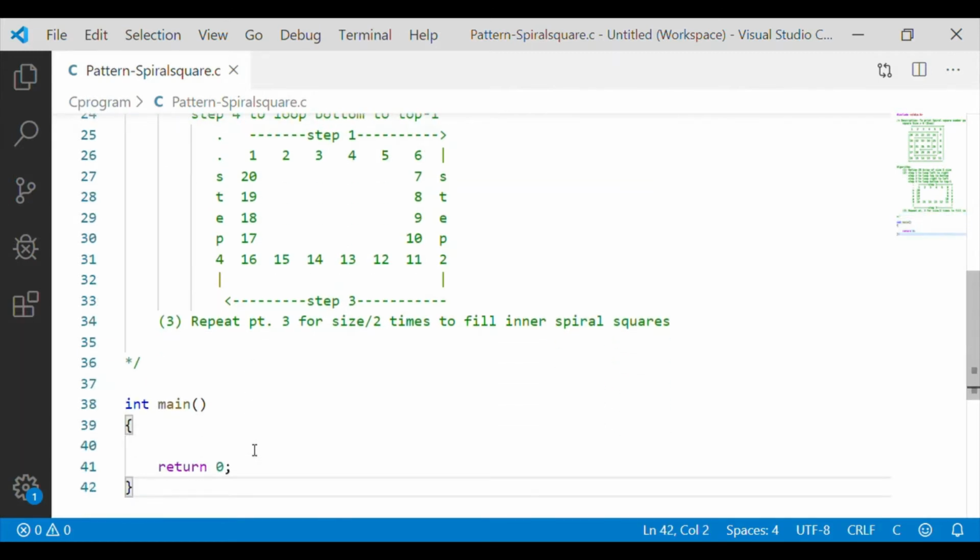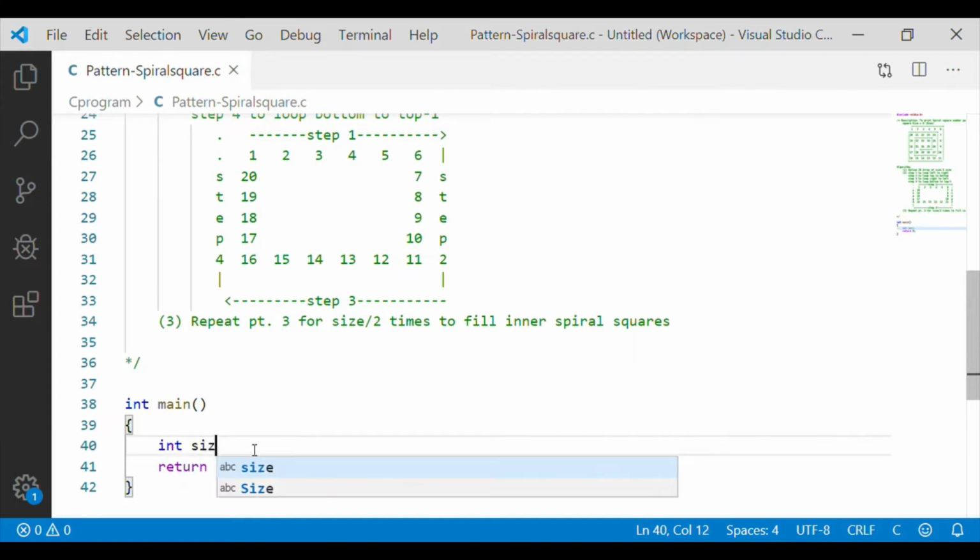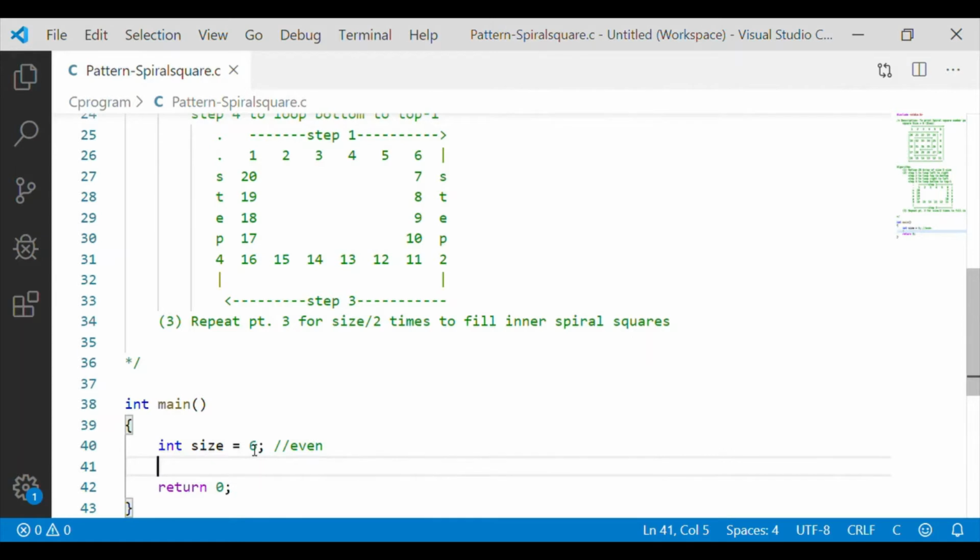To better understand, we will write the C program and parallelly we will read our algorithm. Let me write. We take size as a variable, and I am going to declare it and initialize it with size as 6, which is an even number.